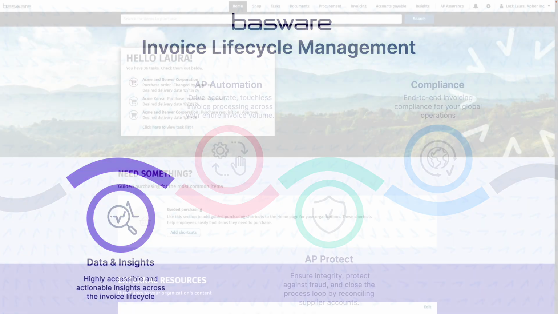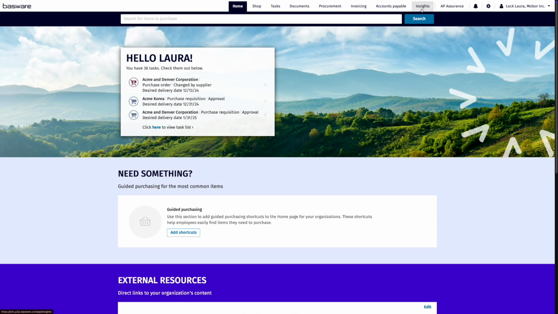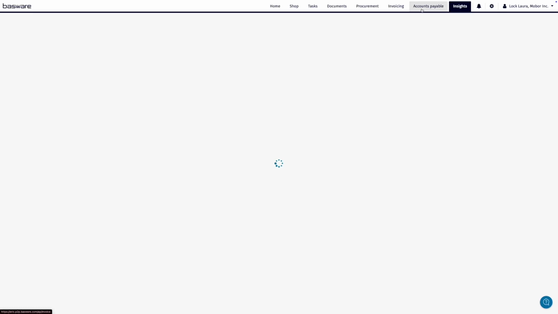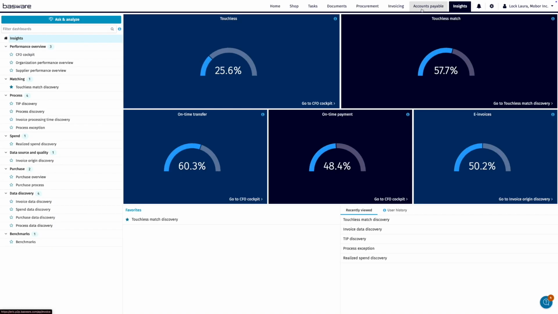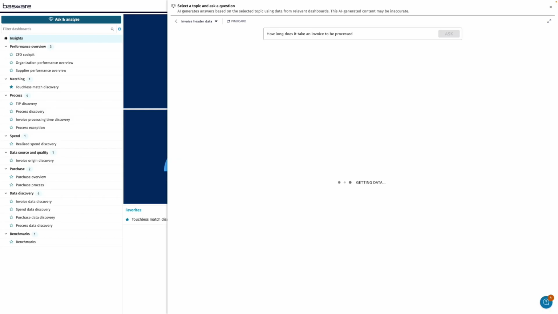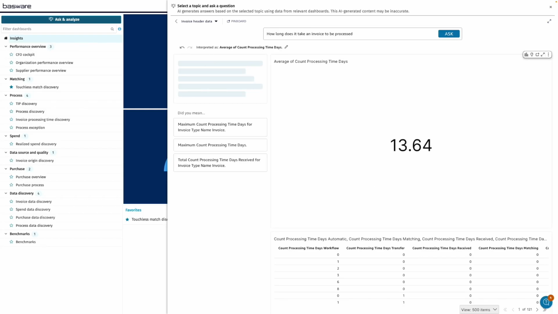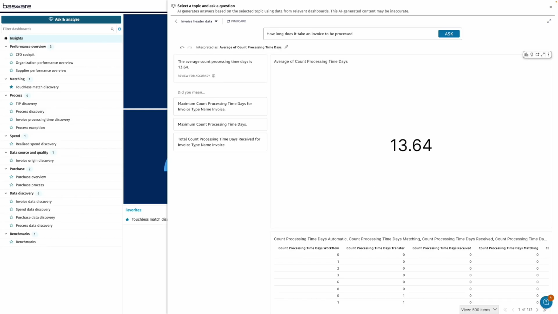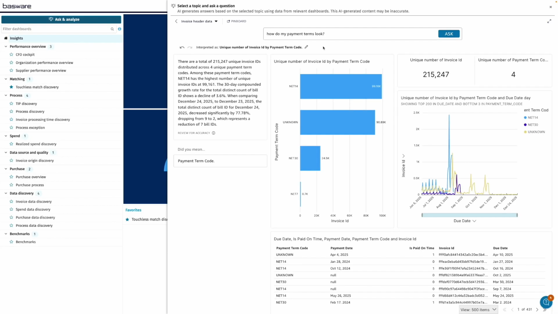Let's take a look. So here we are in the system, following a user as they click on the Insights tab. Now, alongside Bassware's industry-leading KPIs and AP analytics, we have the Ask and Analyze button at the top left. This brings up the AP Data Agent. Now the user can use natural language to request information about their data. So whether it's a simple question like how long does it take an invoice to be processed, or a more nuanced question like how do my payment terms look, the Bassware AP Data Agent will contextualize the question and give